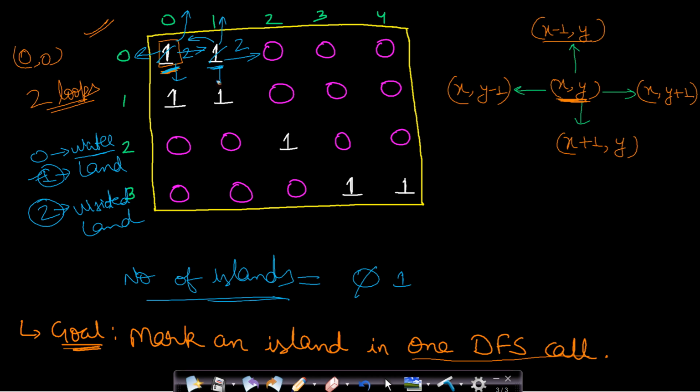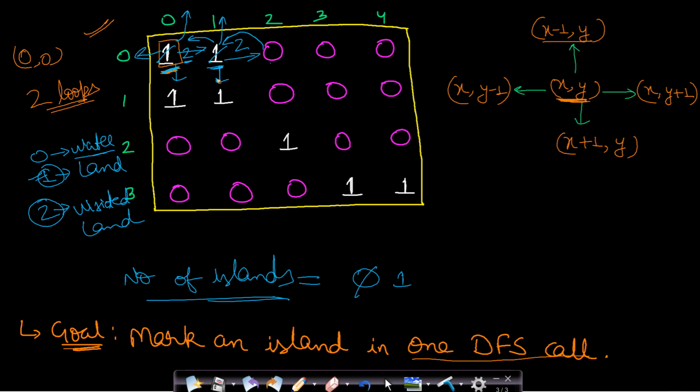So these will be the calls, and the top and left calls will not be processed because top is out of bounds, and on the left hand side you find a number 2. This means that this has already been visited, so you will just return from there. On the right hand side you have 0, so this will also not be processed, it will just be returned.